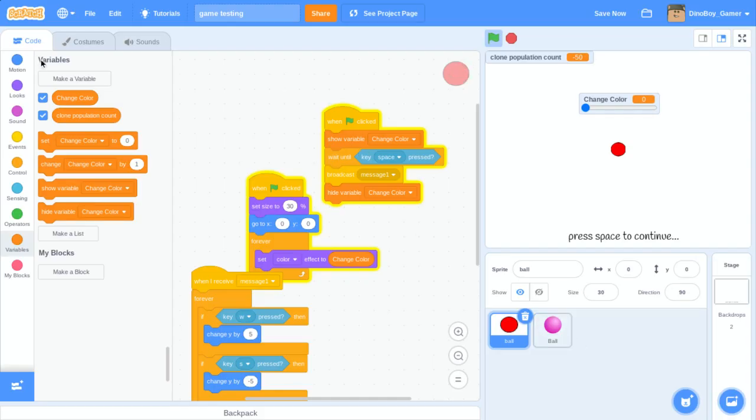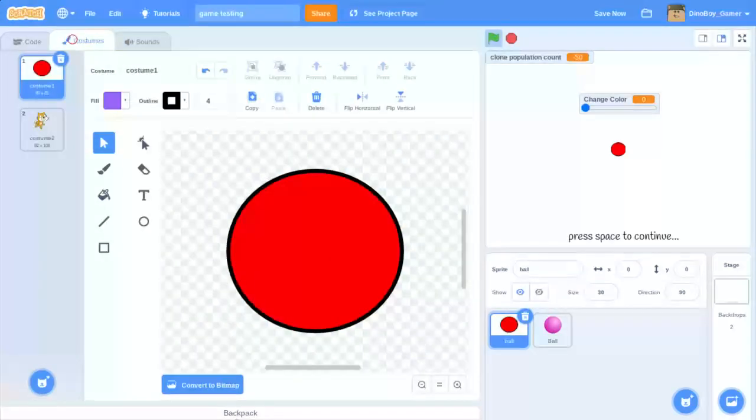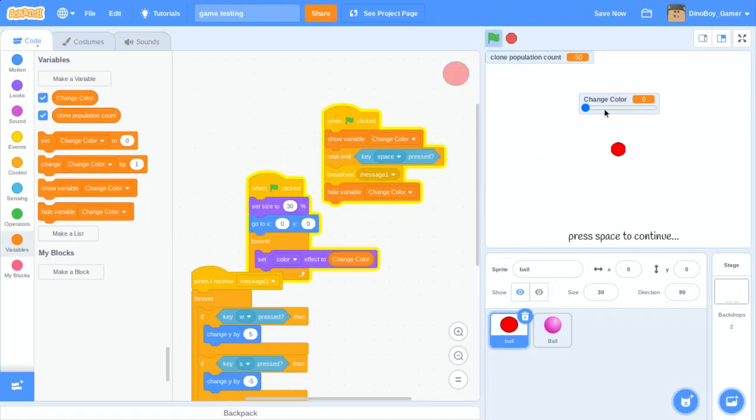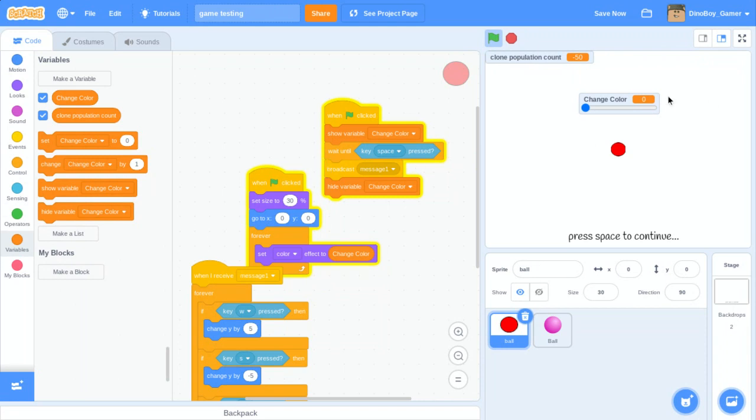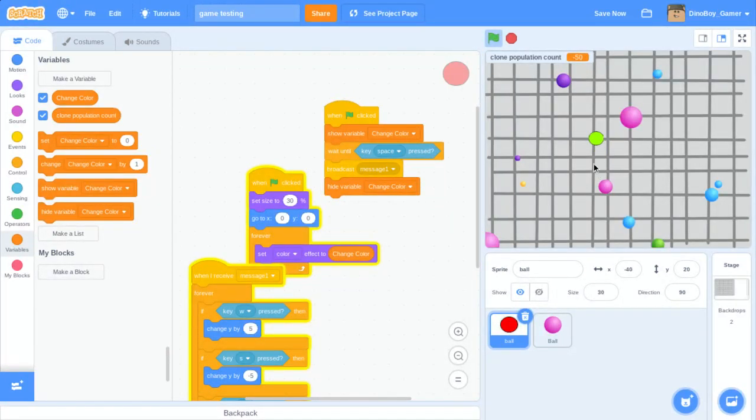And make sure this ball's color is red, so you can change the color of the ball like this. See, you can do all kinds of colors. So the ball is gonna be a small ball eating balls, and it's gonna turn bigger after eating lots of balls. Once you pick the color that you like, press space. You have your balls, and look,